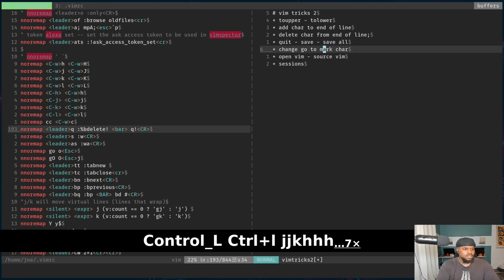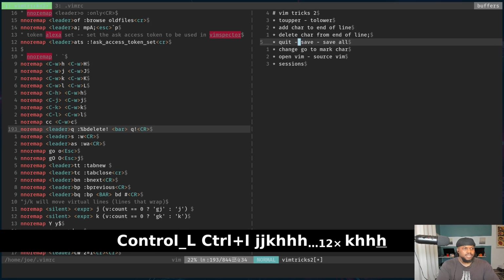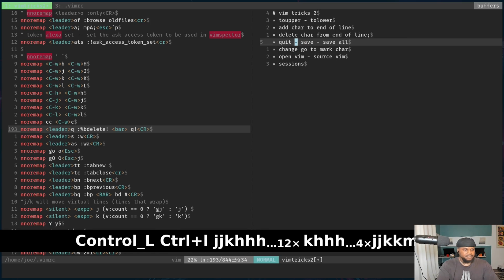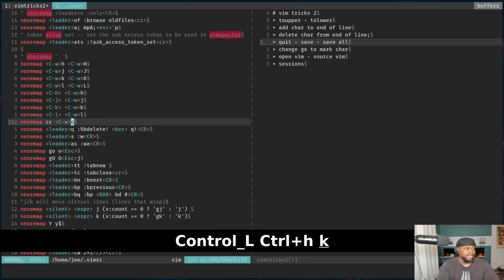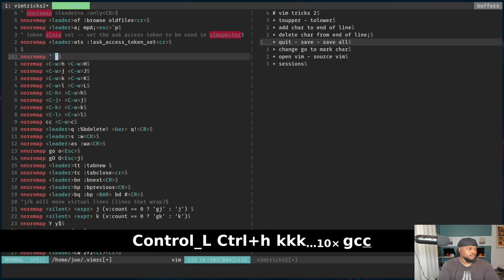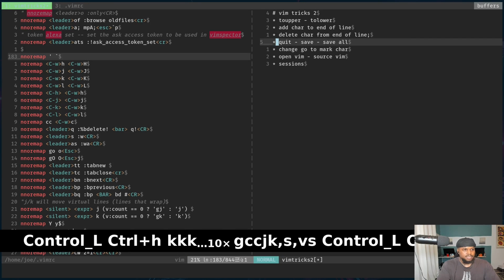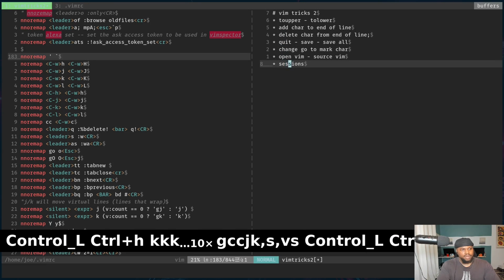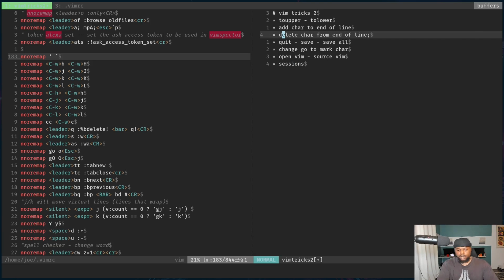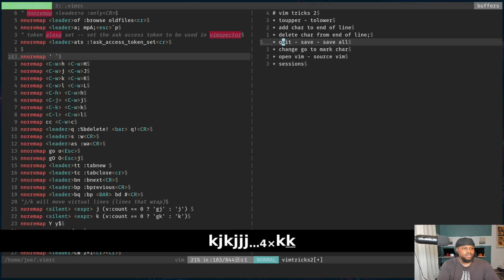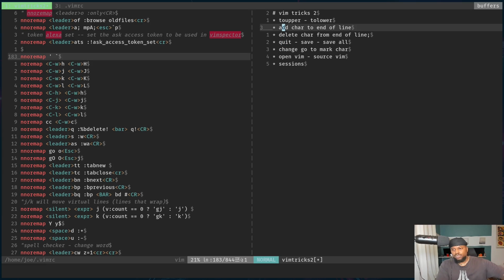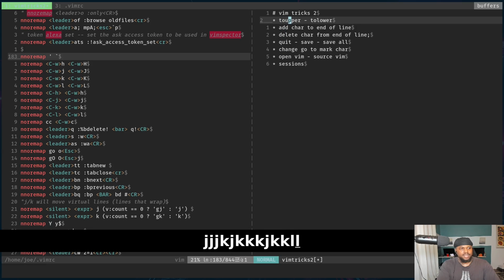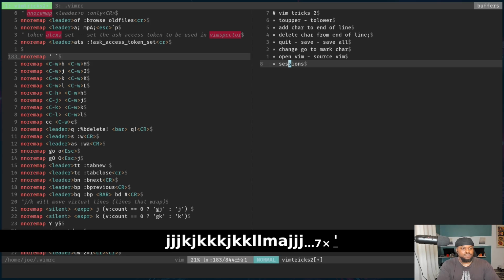And here, changed, go to the mark character. So basically what that is, say for instance, I say mark A, and I go down here, and normally it's going to take you to the beginning of the line. But I don't like that. So what I did is I say mark A, I go down here, and now it takes me back to where I started. Whenever I go to the marker, I don't like reaching all the way over there by the 1 key to go to where exactly I want to go. I just like using a single quote, so I can mark anywhere and I can still